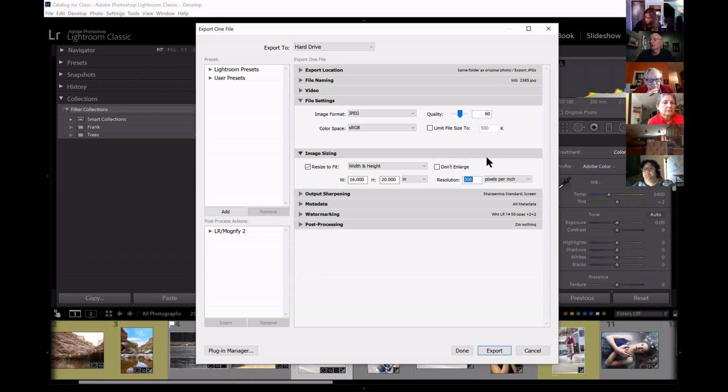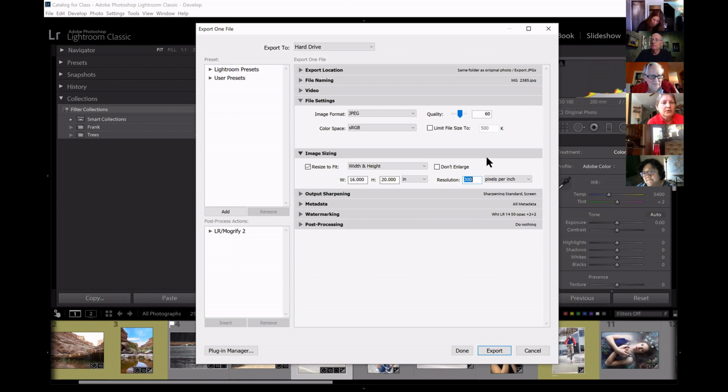But live, breathe, and die that whenever you print, it's 300. Whether you're doing the math yourself and coming up with the pixel count, or you're setting the resolution, it's 300 for prints. That's the standard. And so if you're going to be typing in the 16 by 20 and 300,